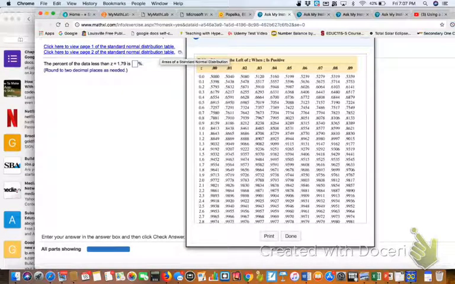We are first going to look for 1.7, so we go right here in the table to 1.7. Then we're going to look for the 9 across the top. We're going to see where 1.7 intersects with 0.09, and it looks like it's right there at